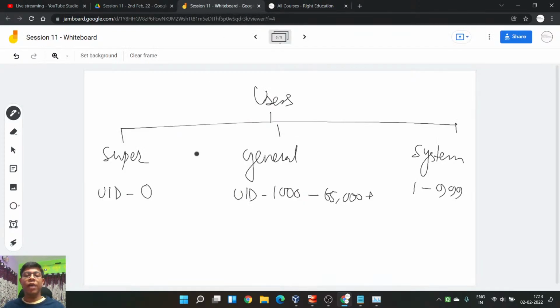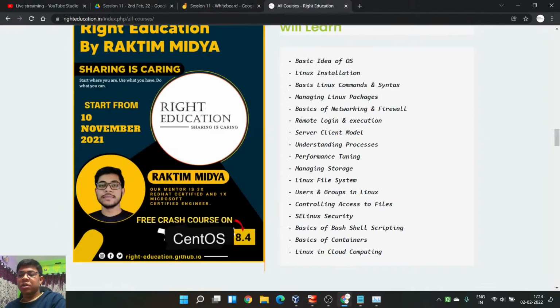So controlling access to files, like how you can control the access to files. For that reason I even showed you a lot of demos, like how to do the chmod, like changing the mode of the file, then chown. If I haven't shown you, I will show you again. Chown, changing the owner of the file. Those are the steps. So this is where we are currently. So we actually discussed a lot of things. In 10 sessions combined, we talked a lot of things. 10 into 1.5 hours, 15 hours of discussion.